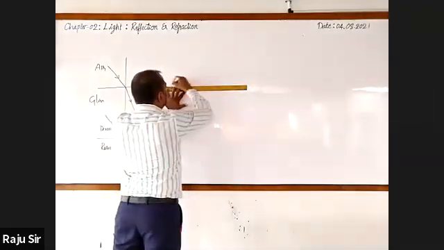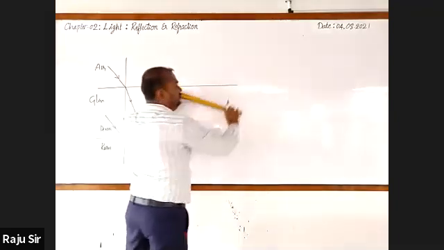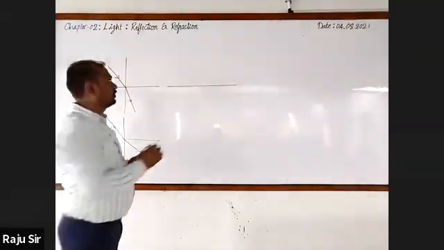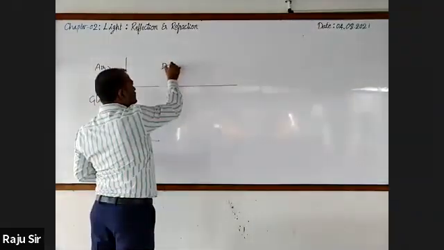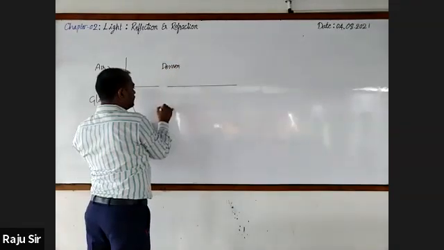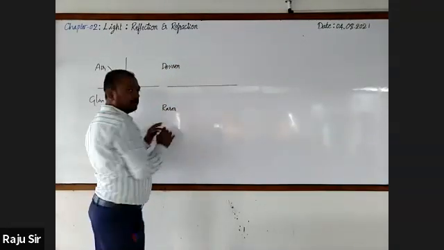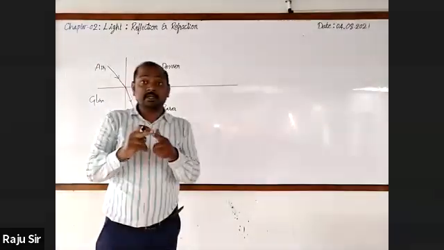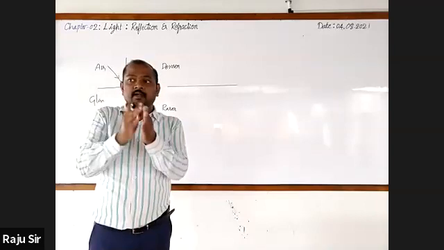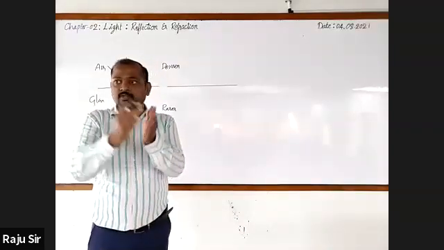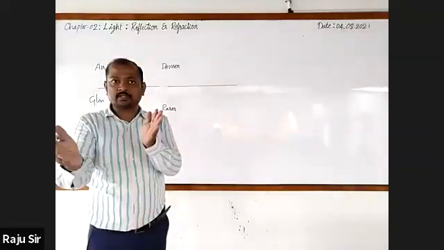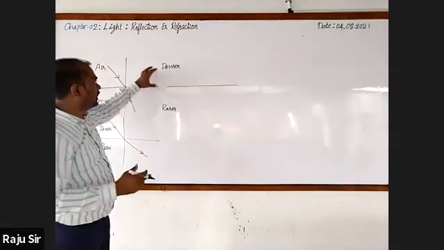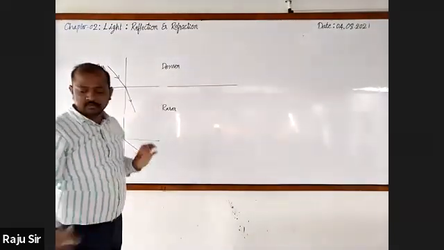I'm going to draw a line that represents, or which separates, two media. One is denser medium and second one is rarer medium. Why have I taken denser and rarer? Here inside the diamond, light gets reflected while traveling from denser to rarer. It was supposed to go outside, from glass to air. So that is why I have taken denser to rarer.